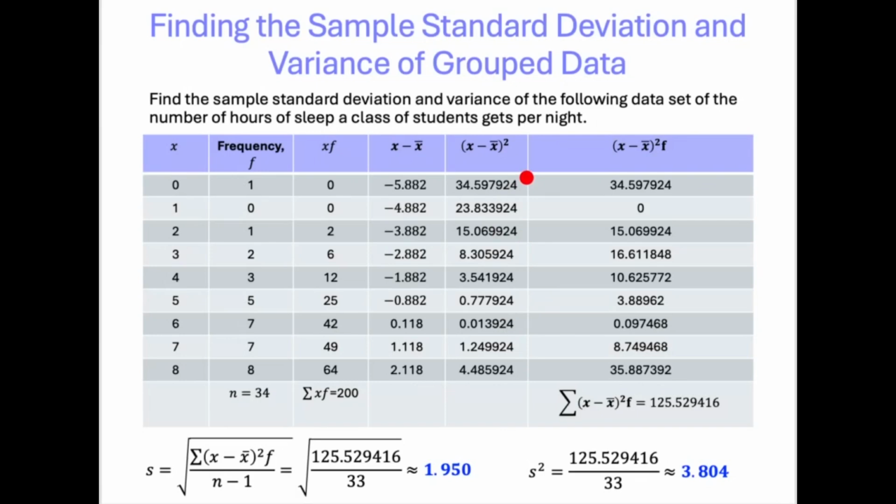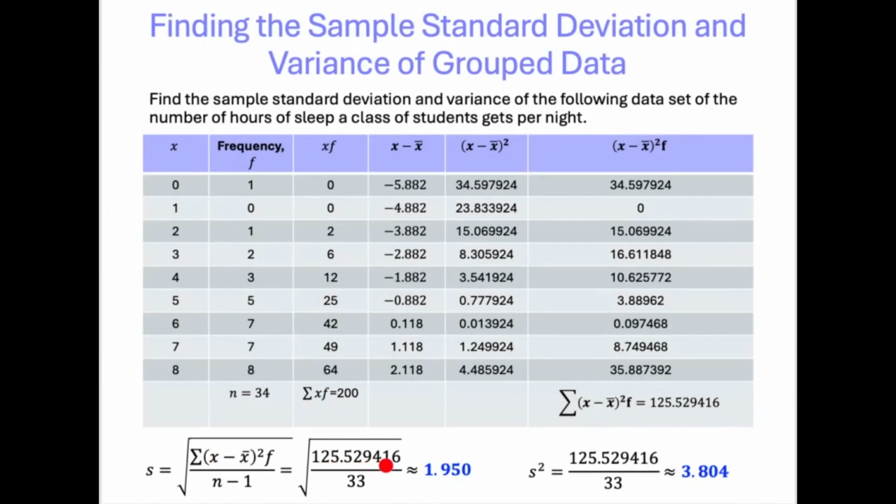So we square it, and then once you square all those distances of the x values from the mean, you multiply them by their frequencies. Okay, so we do that, and that's what we get here. And then we're going to add up all of those together. So that's the sum. That's the numerator right there,